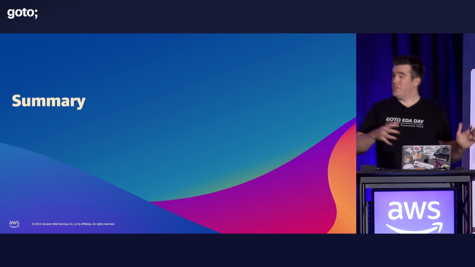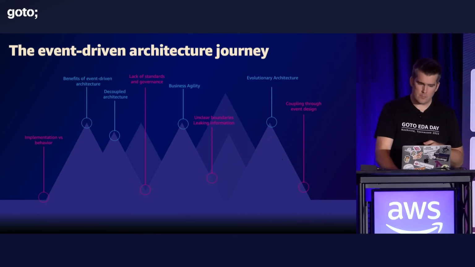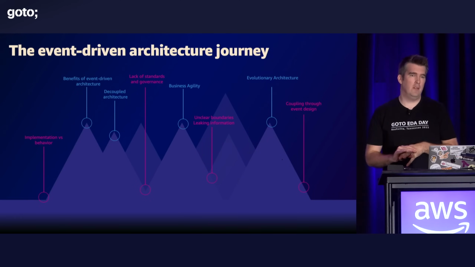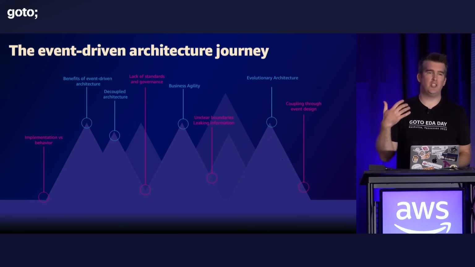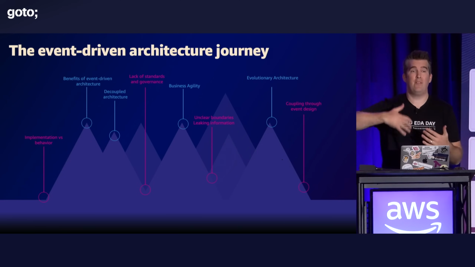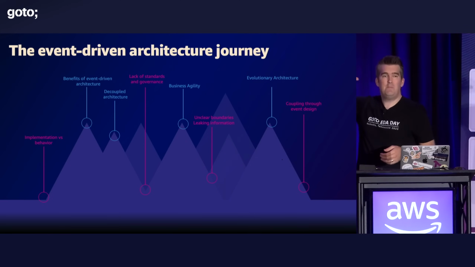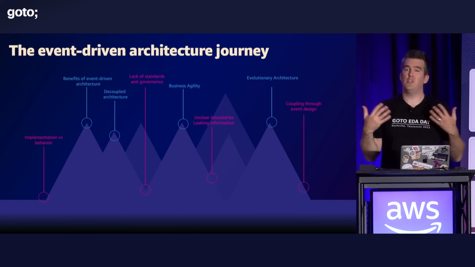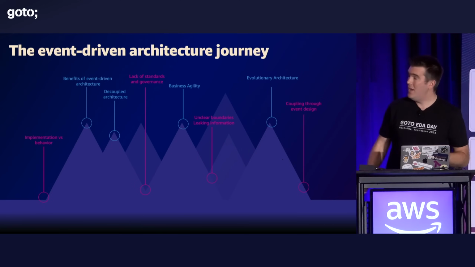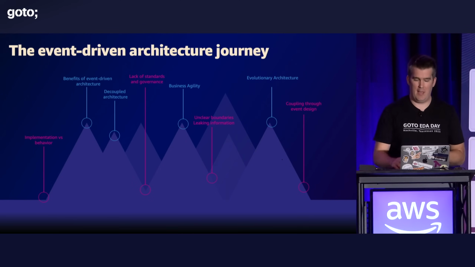And I just want to summarize everything that we spoke about in this session. I mentioned at the start of this session that event-driven architecture is a journey that we go on. We don't just have a producer and a consumer and a channel. We're not event-driven if we have that; we're just on the path to having event architectures. I highlighted these benefits at the top, the reasons why we want to be event-driven, and you can get there. I've seen it. It's fantastic. But down here, we also have the common pitfalls and mistakes that people tend to make, and we can avoid them.